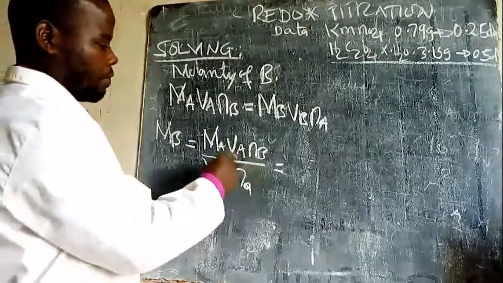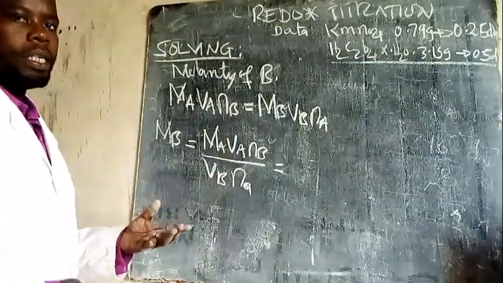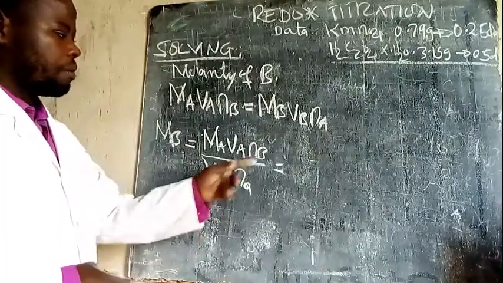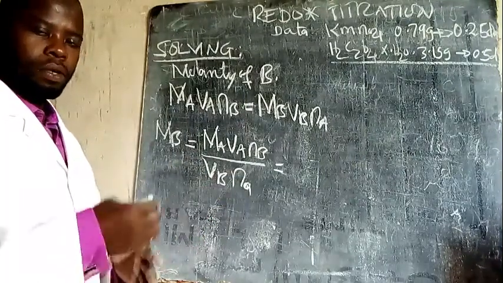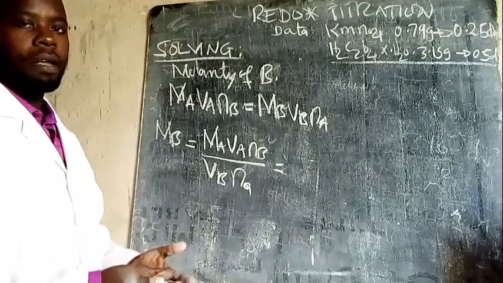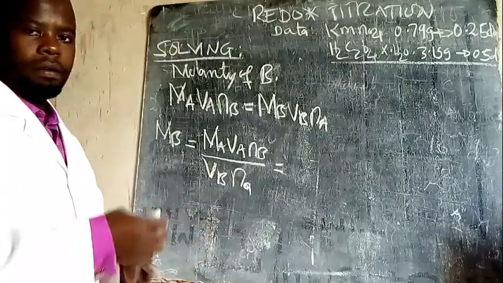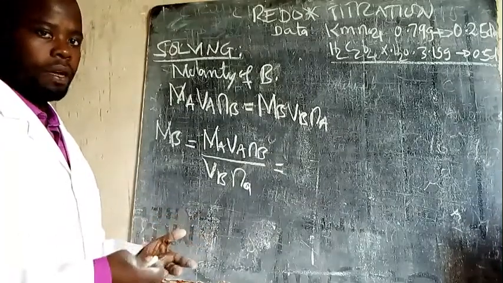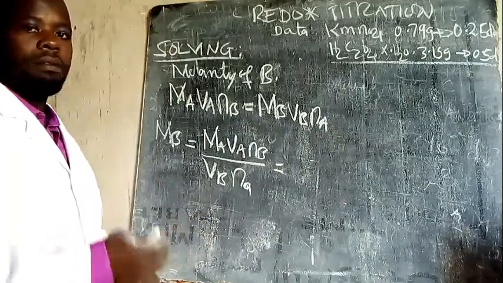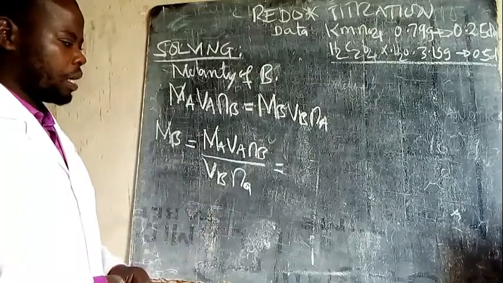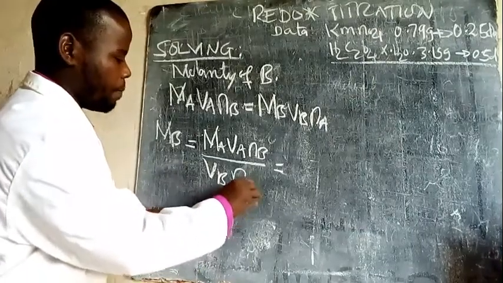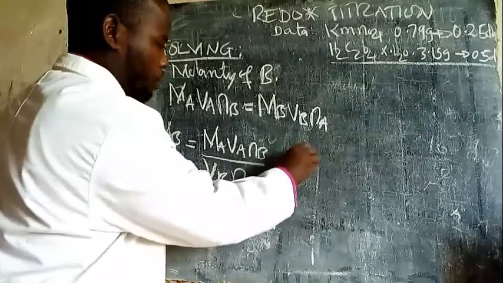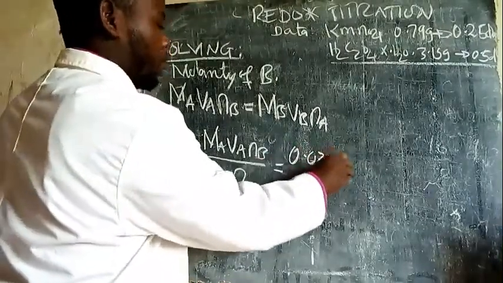The volume of permanganate from the burette was 25. Number of moles of solution B, oxalic acid, is 5. And the volume of solution B was also 25, from measuring cylinder or pipette, and the NA here was 2. So there is 0.02 times 25